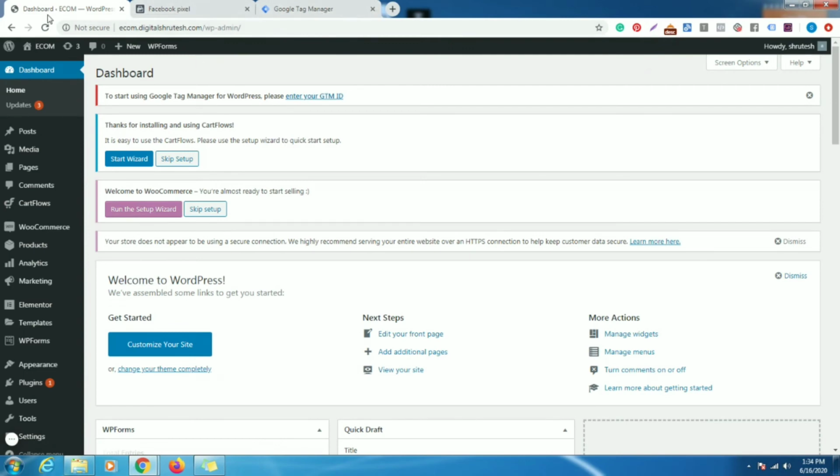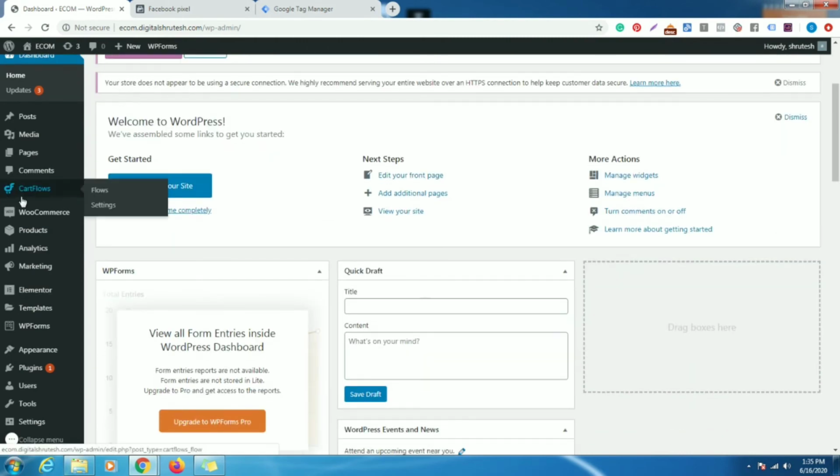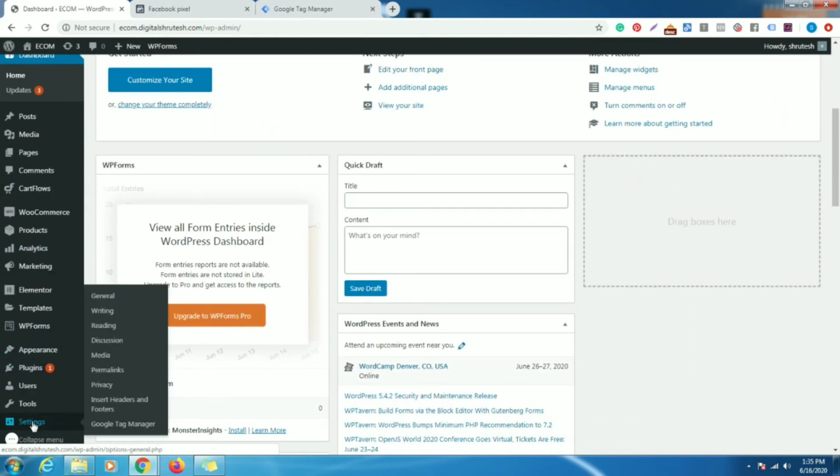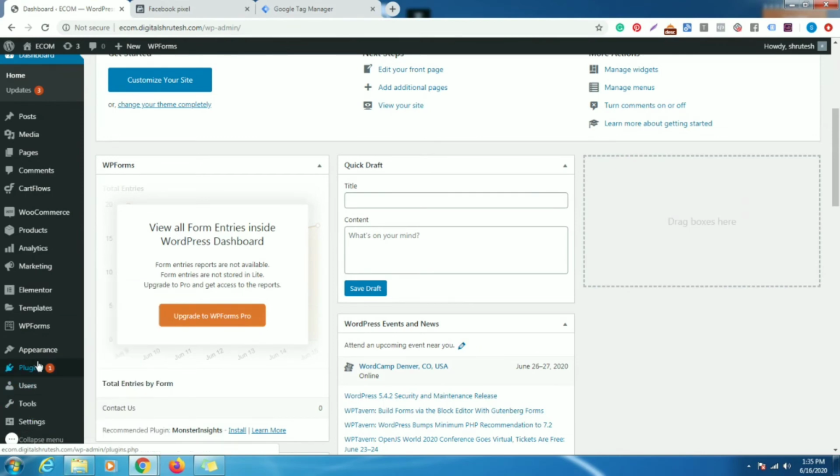And there is another way to do this, by using one simple plugin known as Pixel Caffeine. So we are going to see how it can be done with Pixel Caffeine. Go to the settings and delete all the plugins related to pixel tag management.